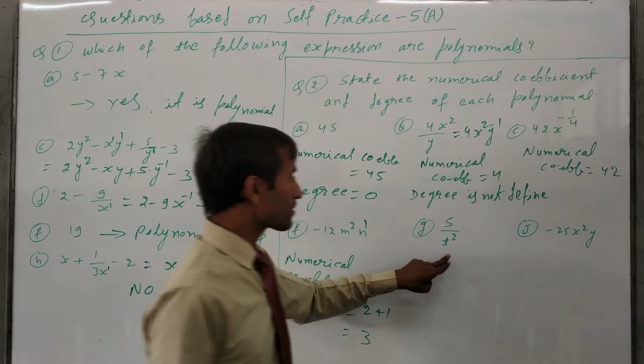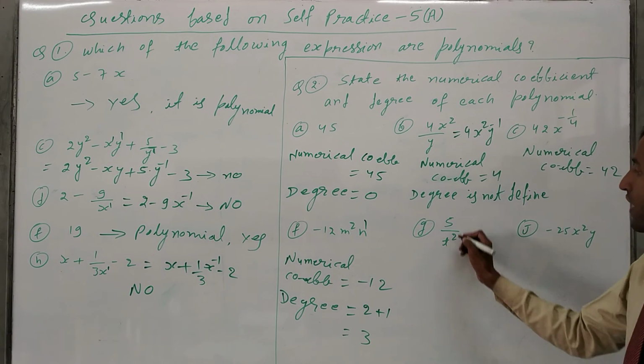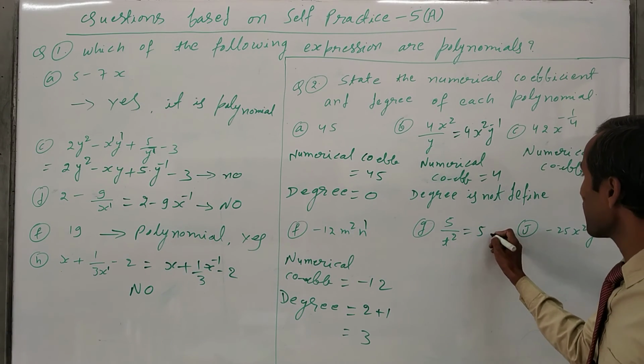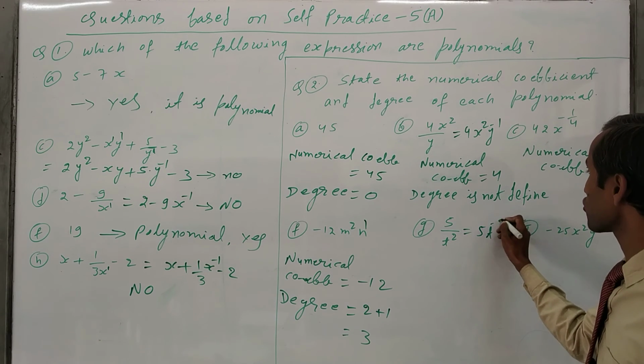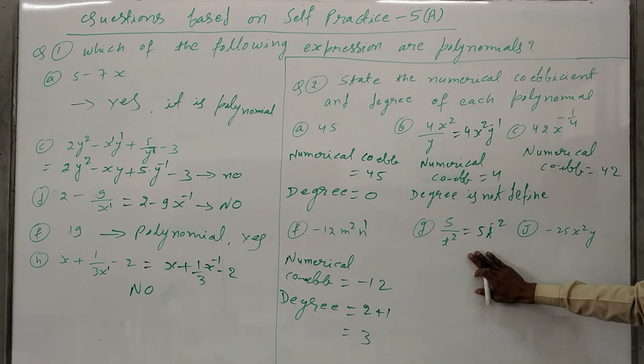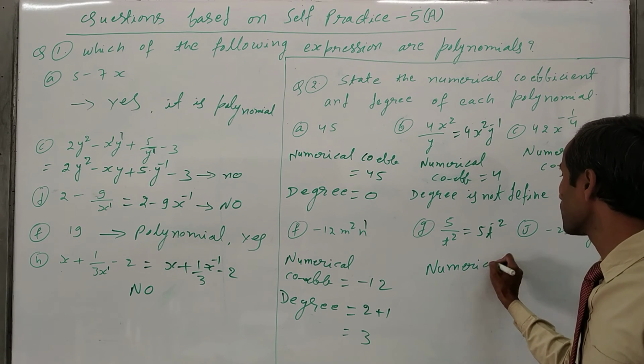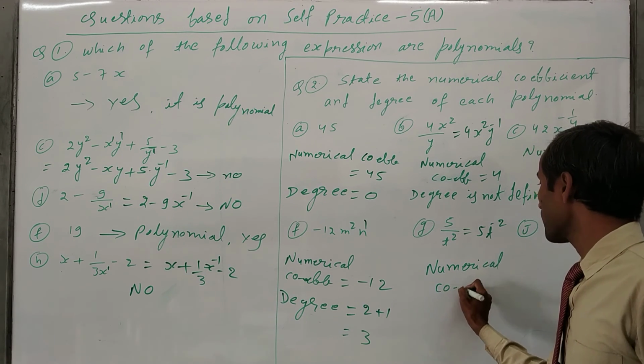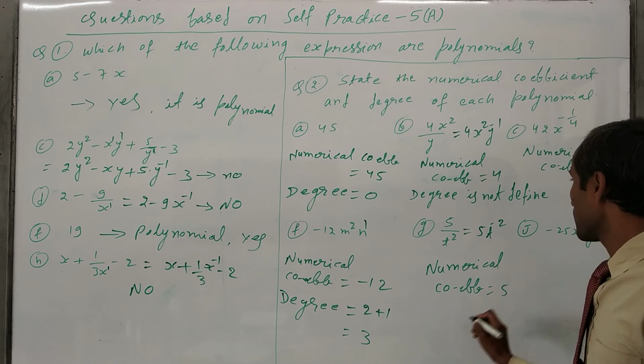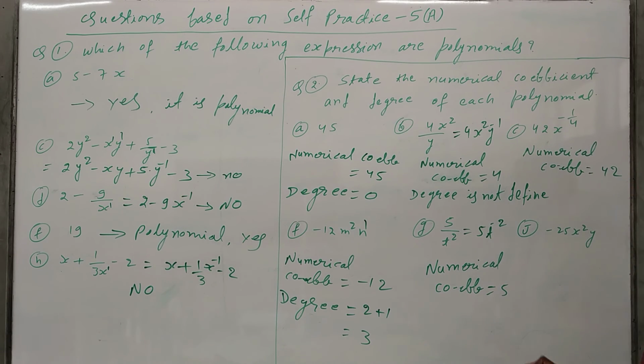Now in this case the numerical coefficient is 5, and you can write minus 5. Again t will go up, so t power minus 2 will come. Again it is not a polynomial, so degree is not defined. So directly you answer: numerical coefficient is equal to 5 and degree is not defined. In the next case, the numerical coefficient is equal to minus 25 and the degree is equal to